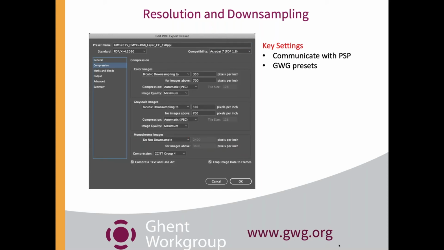In terms of resolution and downsampling, I'm not going to tell you or presume to tell you what your specific output requirements are. But again, if you chose the right preset, that's great for what it is. And we've tried, through the Gantt work group, to create presets based on application requirements. For example, if I'm going to create a billboard, I don't know that I need 350 DPI, and the file would be humongous. On the other hand, if I'm going to create a nice high resolution